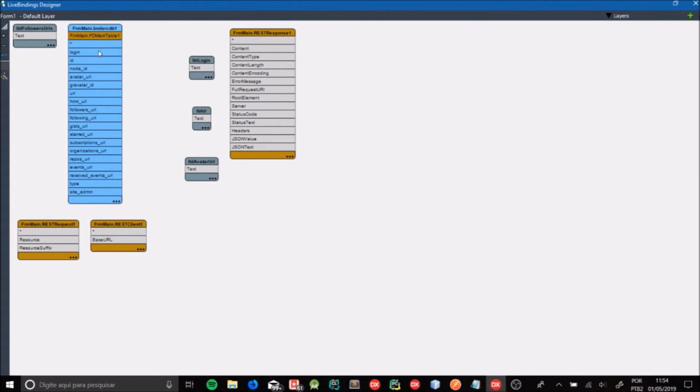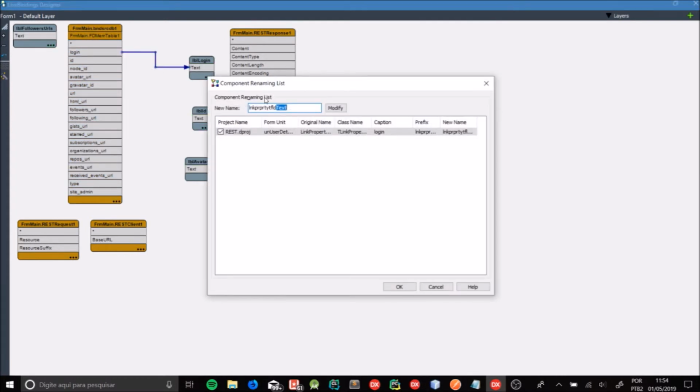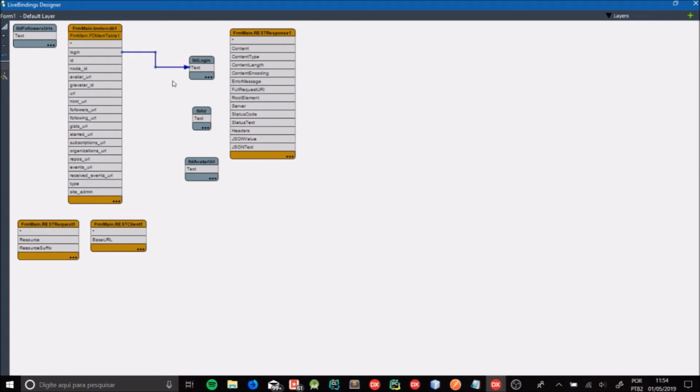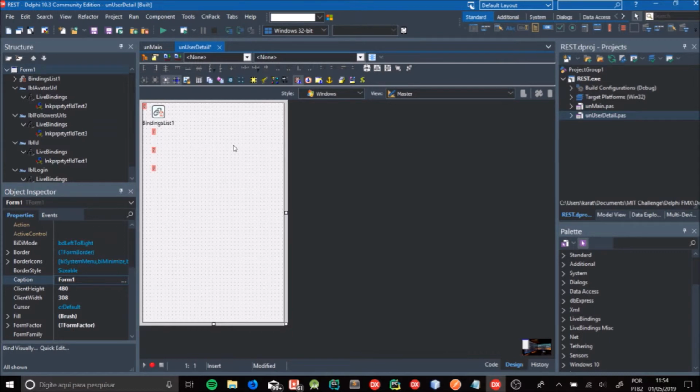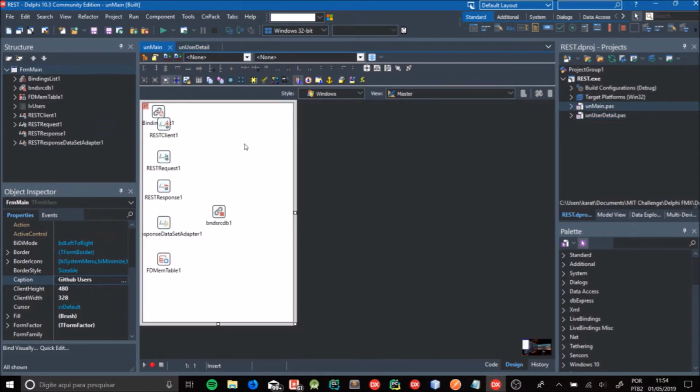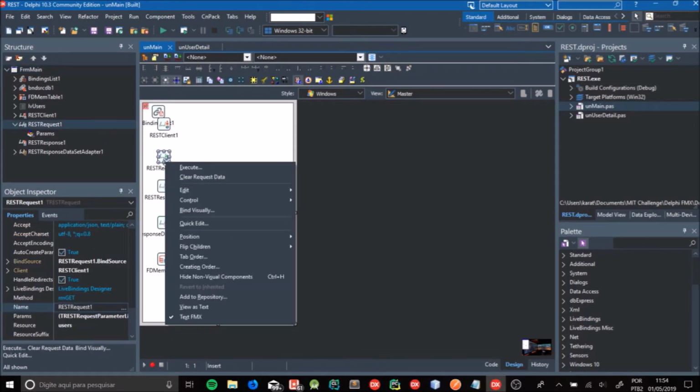Now I will just connect my memory table data to my labels, my login to the login, my ID to the ID. I'm going to connect my avatar URL to avatar URL and my followers to my followers label. Perfect. If we close it, you can see that it already changed in design time. I'll come back to my main. I will execute it again,